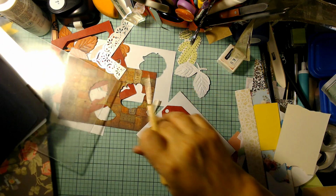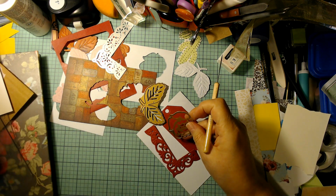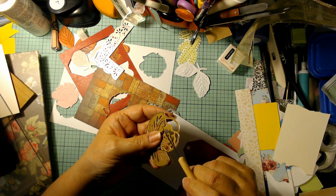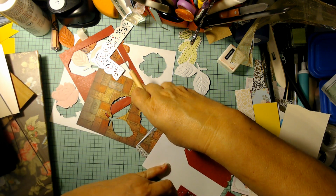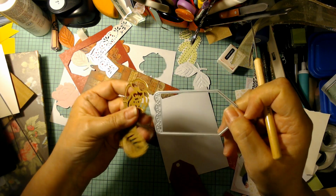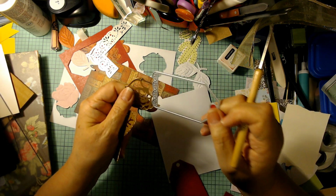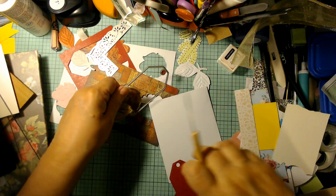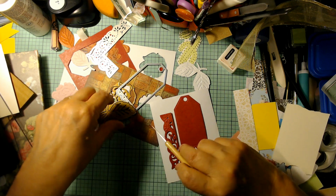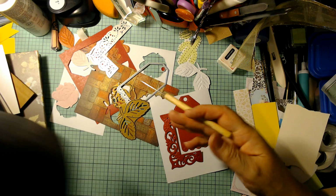So I'm just thinking that Anna Griffin's dies are thicker somehow, and they do look thicker there. This one is the Crafter's Companion. I don't know if you can tell, but it is thicker. So I think that that's it. And so if you're using Anna Griffin dies and embossing them, you're doing it at your own risk of tearing